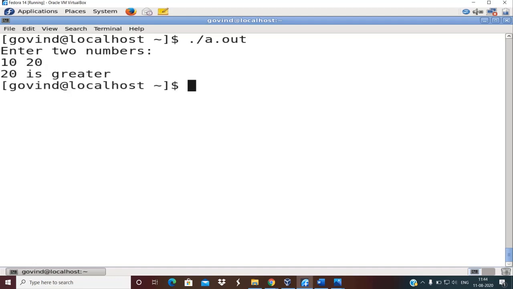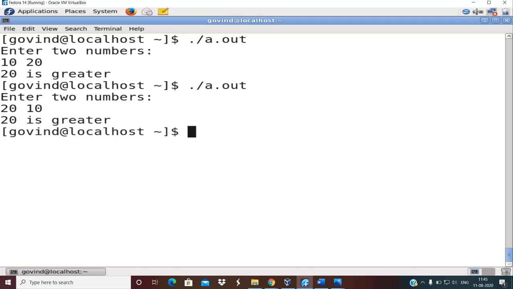Okay, so when I press enter, you immediately see that it displays 20 is greater. So this is the printf which is available in operand 3. Now what if I enter 20 and 10? In this case, a is indeed greater than b. So whatever expression is written in operand 2, which is a printf, that gets displayed. You might see here that in both scenarios the output is the same, but in the program a different operand would have been executed in the ternary operator.